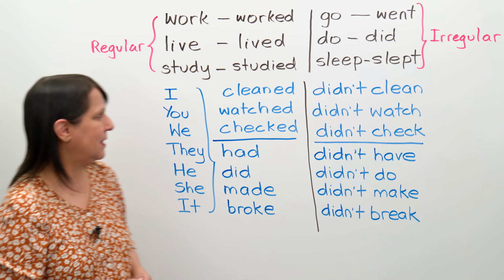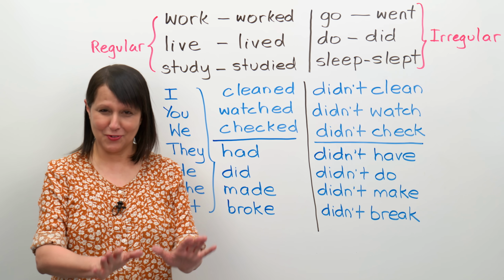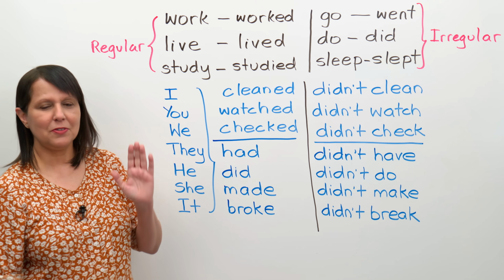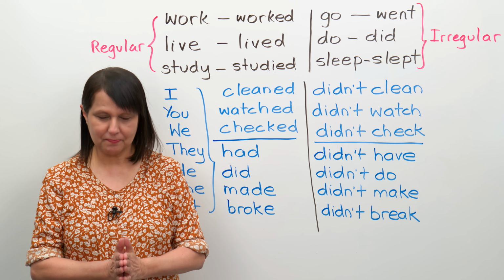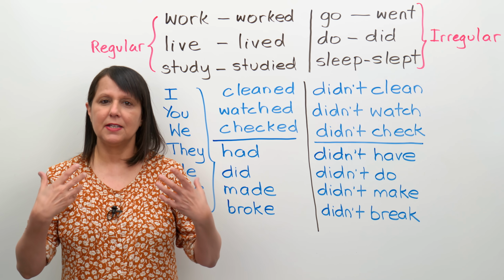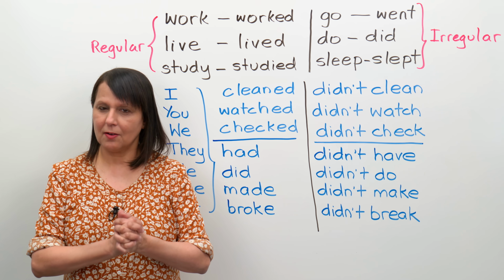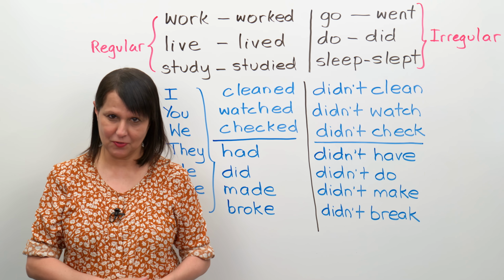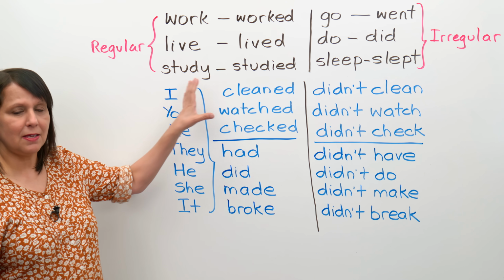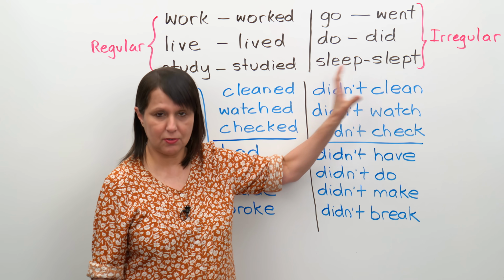So let's begin. So here you see a lot of writing on the board, and everything is for a reason, okay? Don't get worried. I'm going to explain everything to you. So the first thing you need to know in English is that we have verbs, right? Verbs are the words that indicate some kind of action, usually. So there are many ways to classify these verbs.